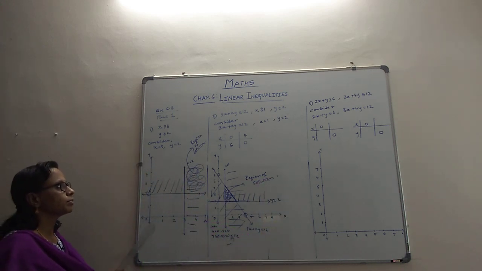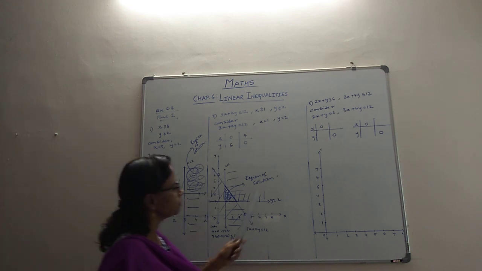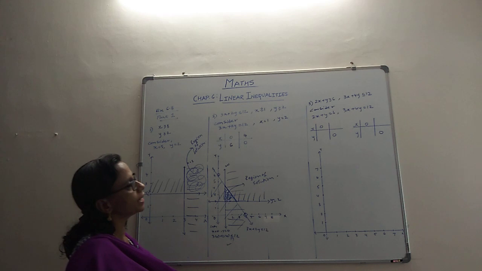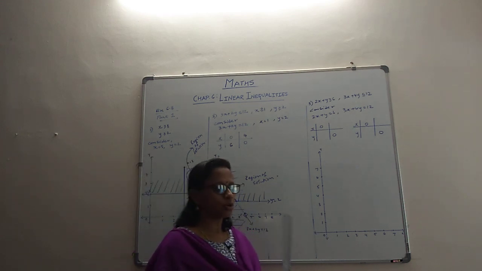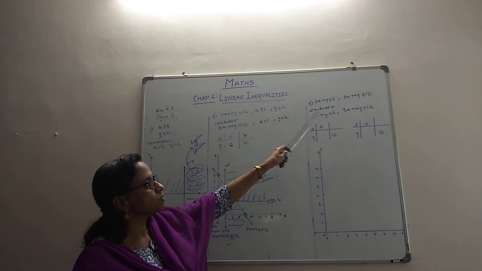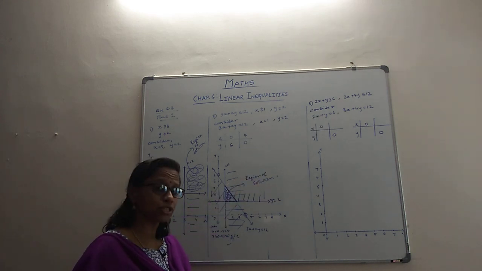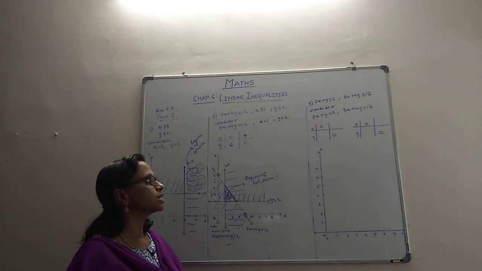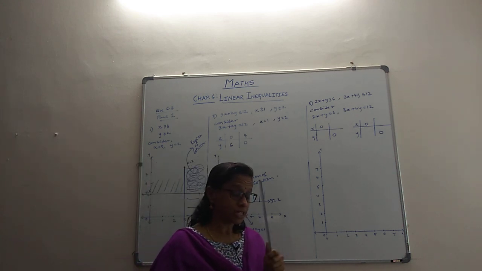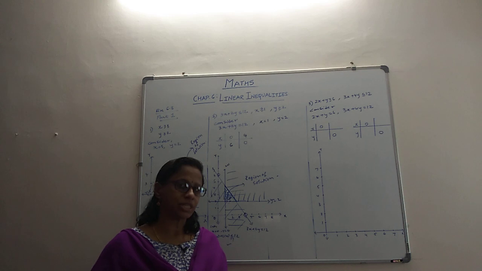Right, so that's our problem number 2. Now we move to problem number 3. In problem number 3, as I said, it's becoming a little more complicated. 2x plus y greater than or equal to 6, 3x plus 4y less than or equal to 12. They have given us two equations instead of the other things. So obviously, because they give us equations, we will consider they have given us two inequations. So we will take its equation and then plot it up, get the common region.